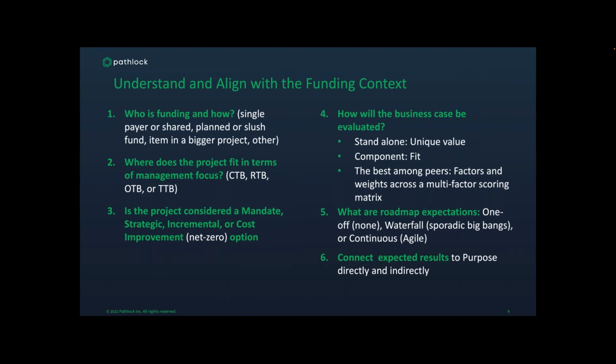So for example, Pathlock would be compared against alternative solutions in order to identify which would be the best solution for your company. Understanding that business context will help you understand how to weight the different factors that go into scoring